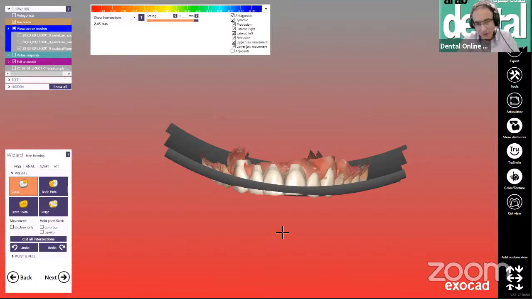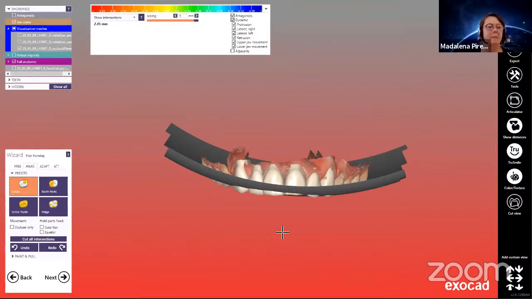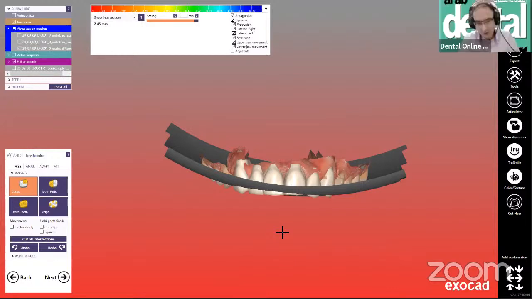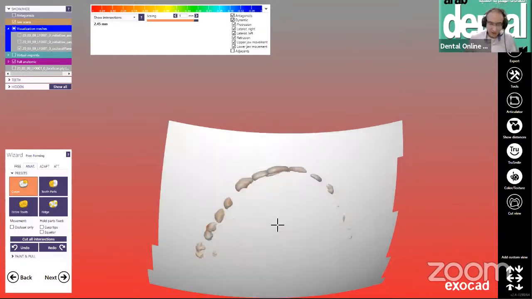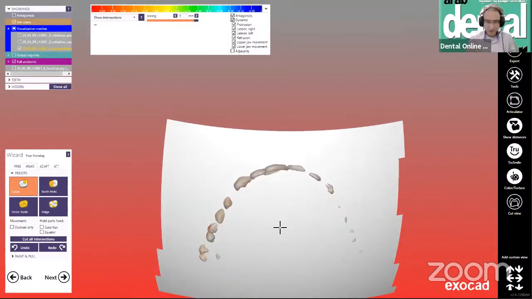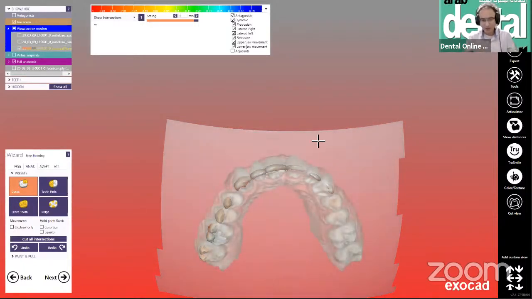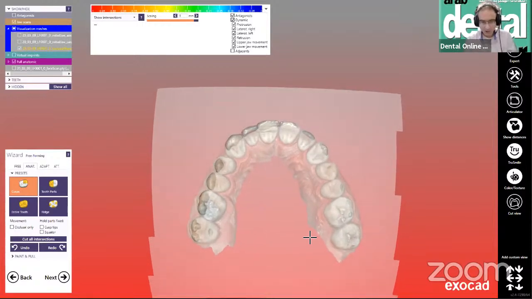So Mojo is software and hardware, two parts. We need the tools, like the Butterfly, to make this registration, and with the software we can record the movement and export it to Exocad. This is a very interesting tool, because it's very corrective for full arch cases. It's the perfect way to get the exact movement of the patient's